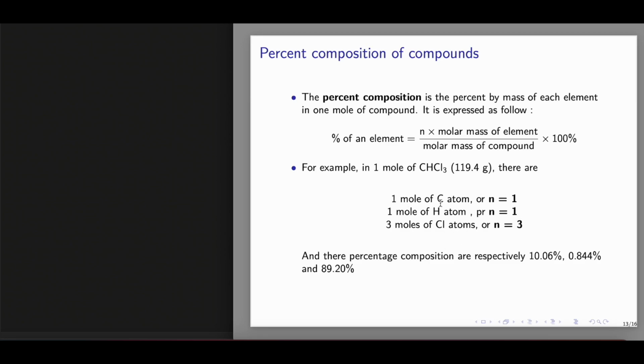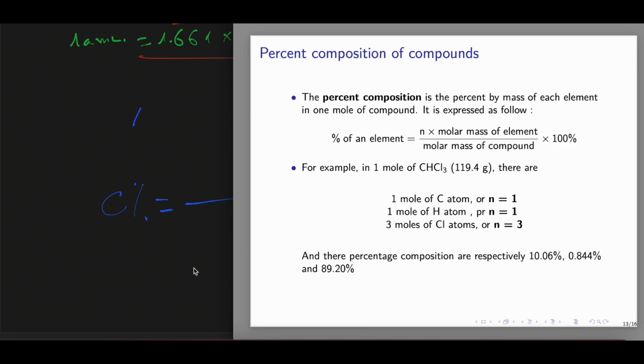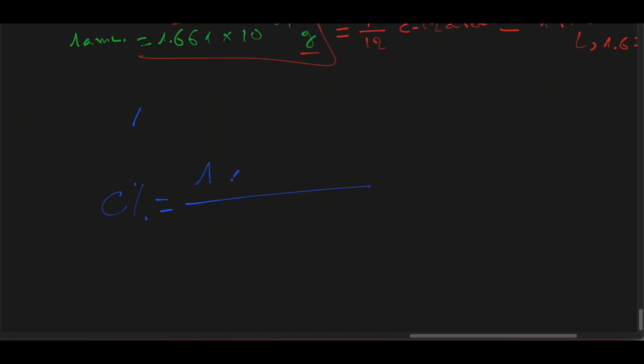So from this number of moles we can get the value of n, which we will multiply by the molar mass of the element. Here I will give just the example with carbon. So we write the percent by mass of carbon. Because we have 1 mole of carbon, it means 1 times 12.01 gram per mole,